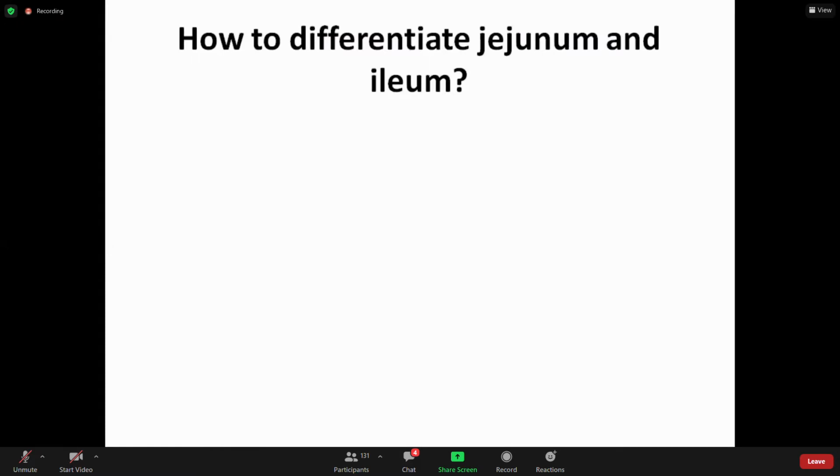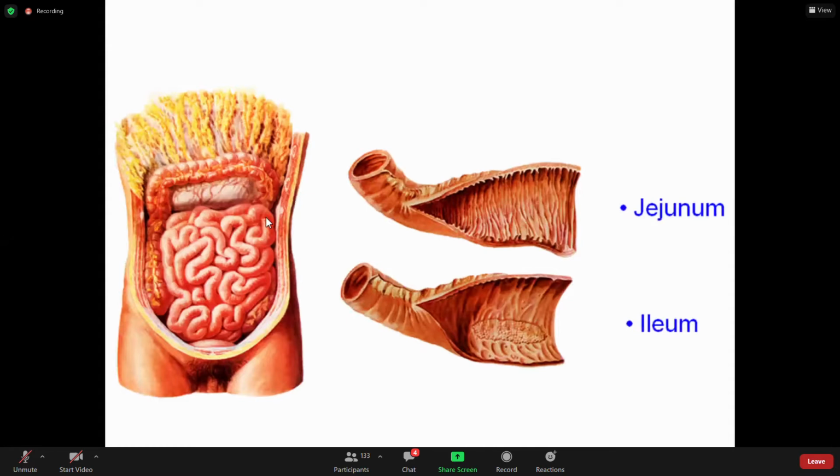There is no clear-cut anatomical distinction, no separation between these two parts. They are continuous with each other. So we will be looking at certain features: the wall, the lumen, the pattern of the circular folds, which I termed plica circularis at the beginning, then the villi, and then the arterial supply of these important parts. If you look at this picture, this is the transverse colon.